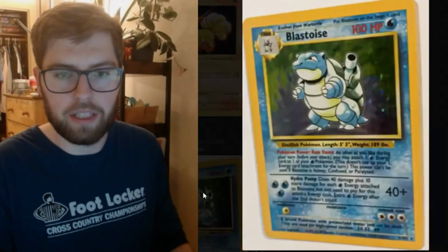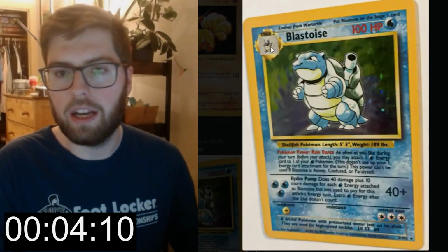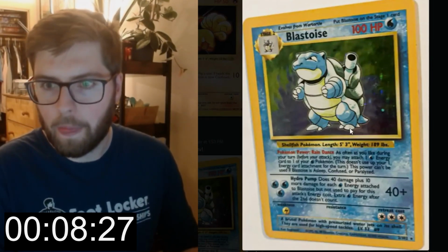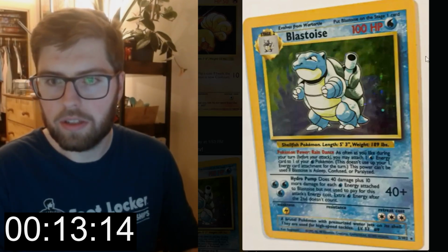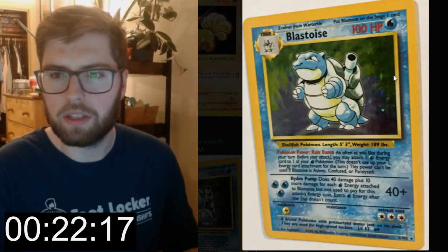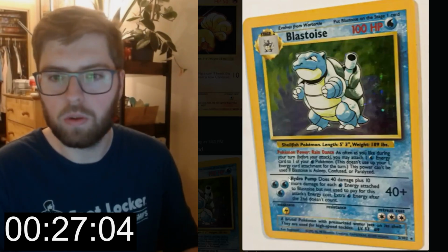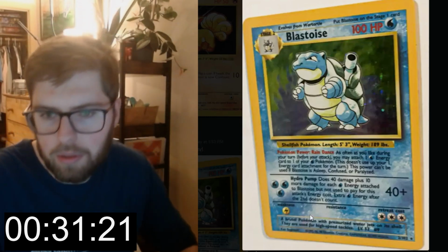Alright, it looks like this week is a Blastoise. So let's see what we can find here. Alright, that's a Wartortle. That's a Blastoise. Nothing is jumping out to me. The card looks real thick, but I don't think that's the issue. Alright. Blastoise on a stage 1 card, 100 HP, evolves from Wartortle. That looks like Wartortle. The centering looks fine. The whole image is a little skewed, but